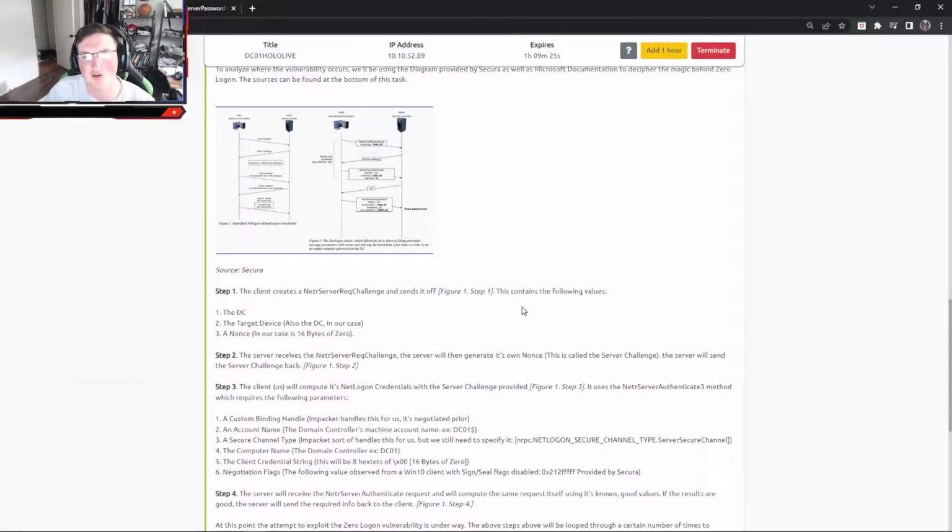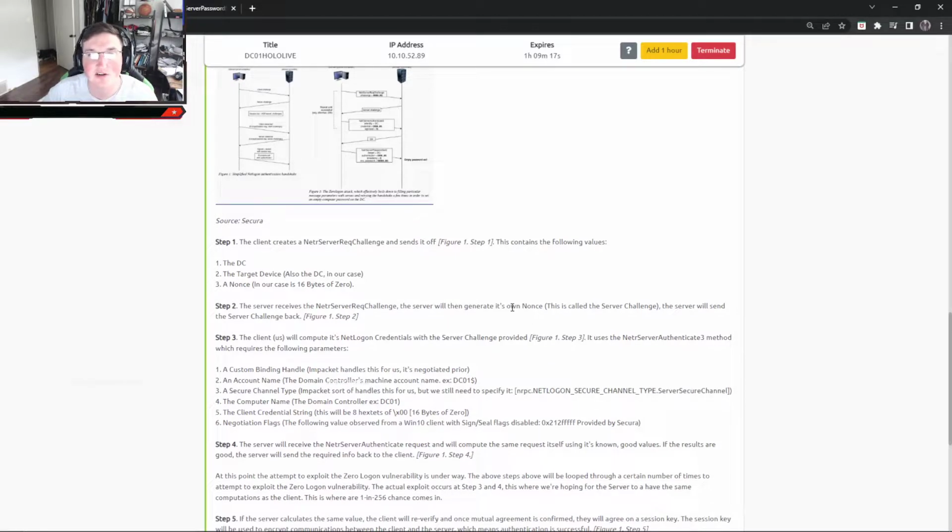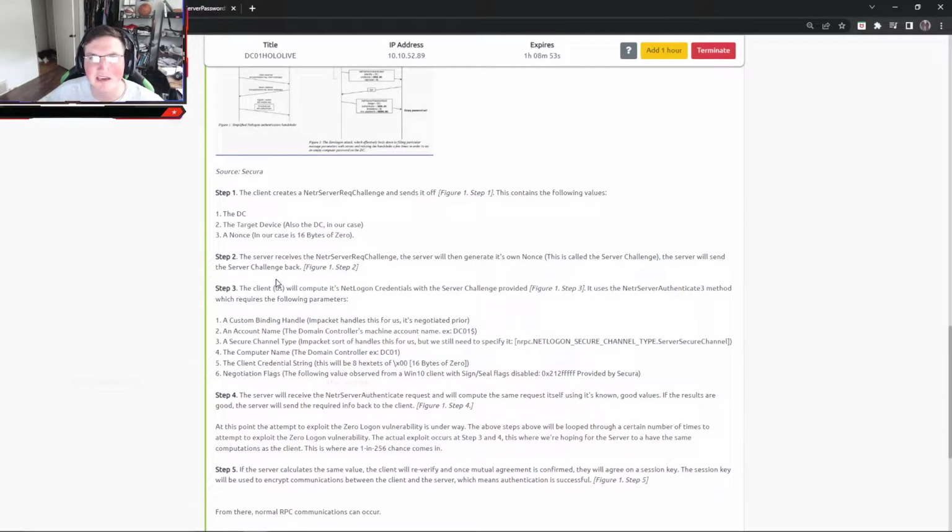Now, they're going to give us a script, and we're going to go through that script and then use it to test and just say, yep, it works. It's a test script, and it's a good test script because this is a little old, so you're probably already patched way past this if you're using a domain controller. But it's a good script that you can run on your domain controller, and it'll just say, yep, it's vulnerable, or no, it's not. Basically, it'll run the for loop 2,000 times, and if it doesn't get to 0 in 2,000 times, then it's not vulnerable. Statistically, it would be very unlikely that it didn't get it in 2,000 tries.